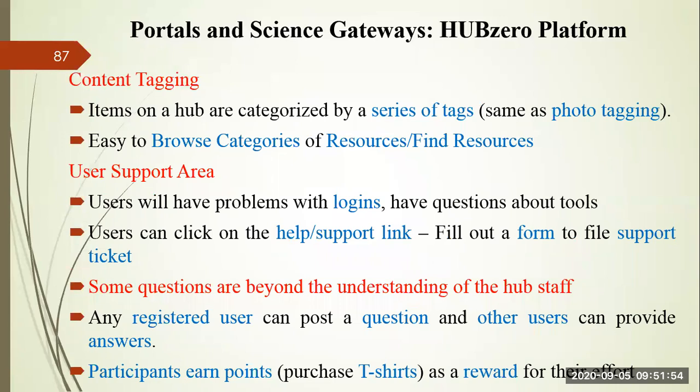They can also do content tagging, like Facebook. In Facebook, you are doing photo tagging, right? Once you upload your photo, you tag your friends, right? So whenever you are sharing something in the hub, for that item you can give a set of text, just like the hashtag you are using, right? If anybody is interested in that particular hashtag, they can search, so that they will get the details of the information. So it will make finding resources very easy.